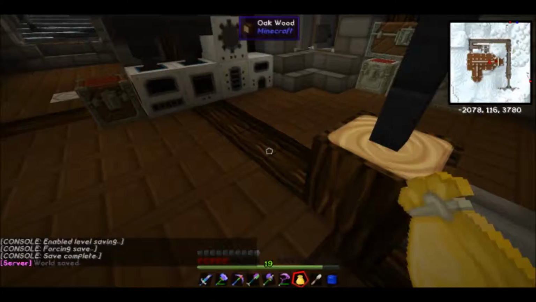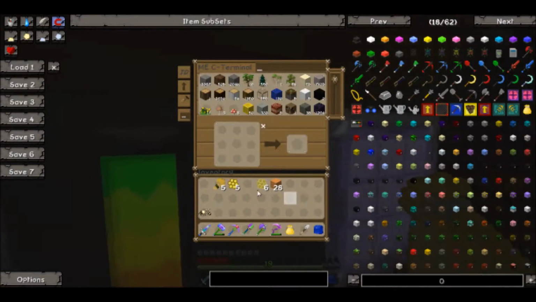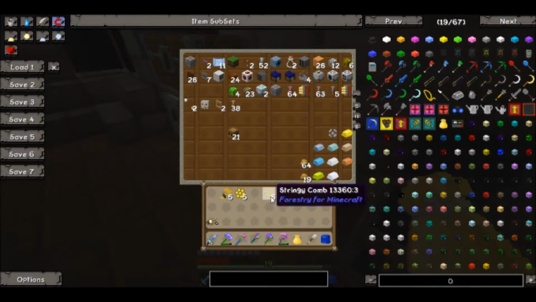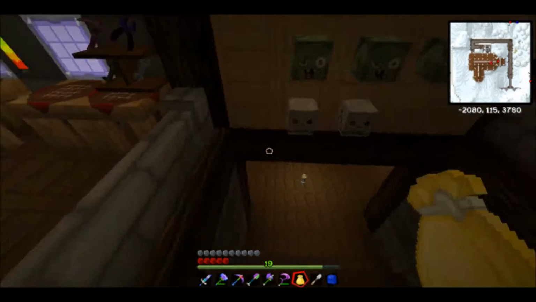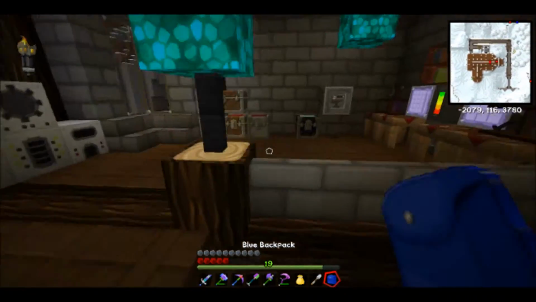Wood does not need to be in my inventory. You go back into the ME system. I've got some, what is that? Some palm wood from one of those guys. I also got some combs, some wheat, and a monastic drone. Don't need any of those. So what I'm going to do, I was going to show you that thingy. So...